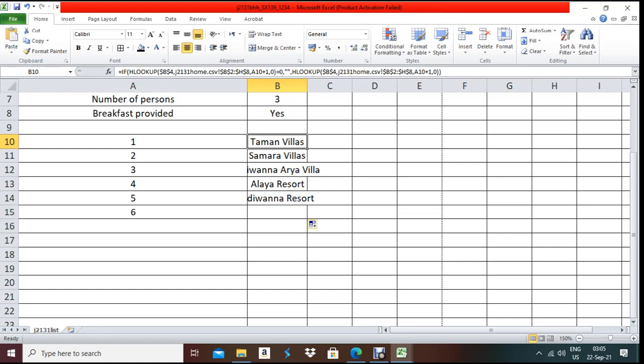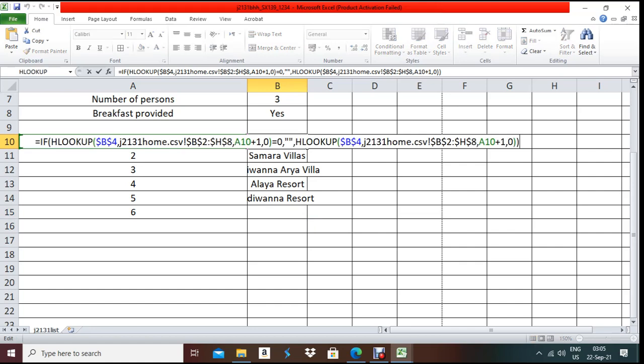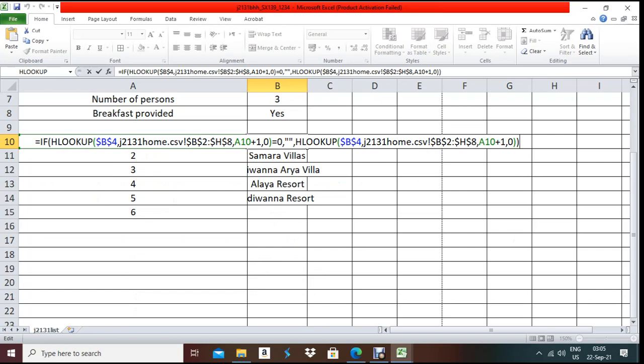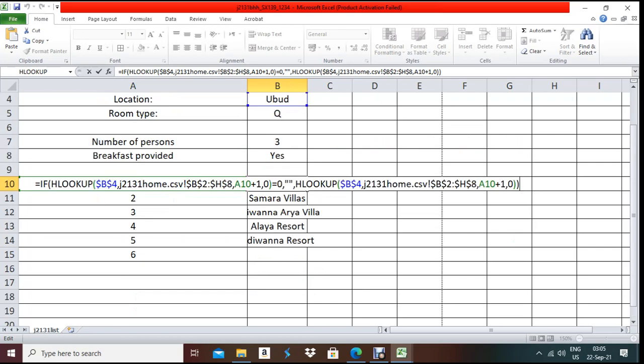So what I mentioned here, we are going to search through HLOOKUP the value of the properties name for the location name, that means properties of UBUD. That time I wrote HLOOKUP, and I also wrote the IF function, because if something represents 0, like this cell address B15 was representing 0, it should not represent 0 or any properties name if properties are less than 6.